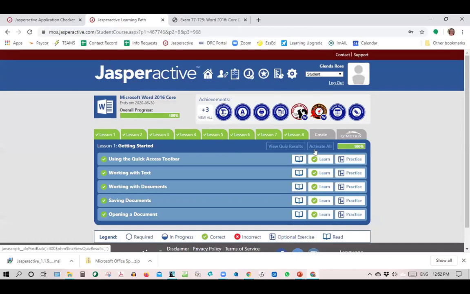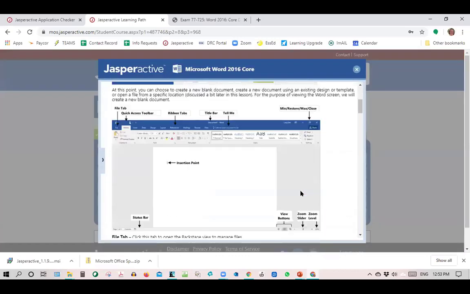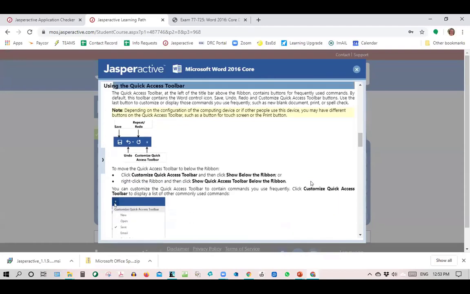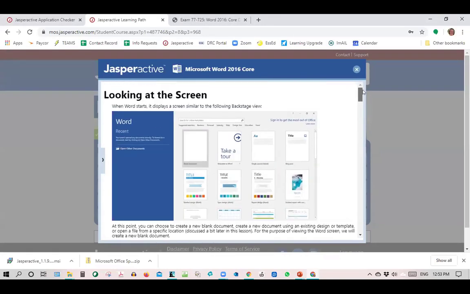Okay, so this is what it looks like when the students come in. They have these lessons across the top and the tabs. And the first thing that they're supposed to do, not that any of them actually did this, is the reading. Why would you bother to read the instructions before trying it? Okay, so this is what they're learning in that unit. I will show you also on the teacher side for the classroom.